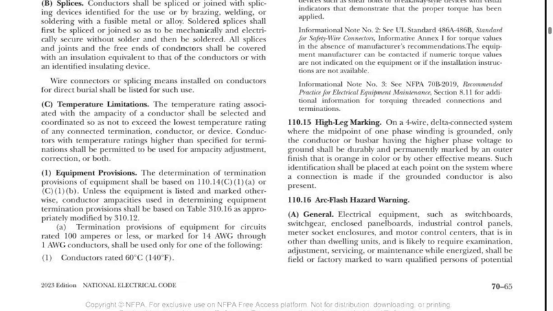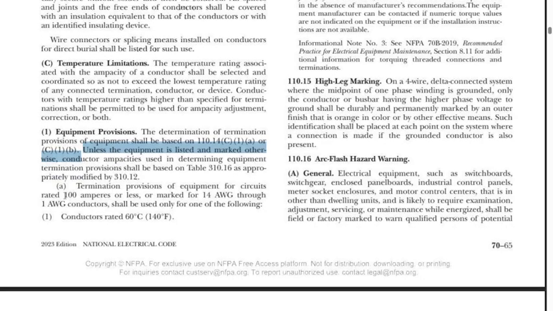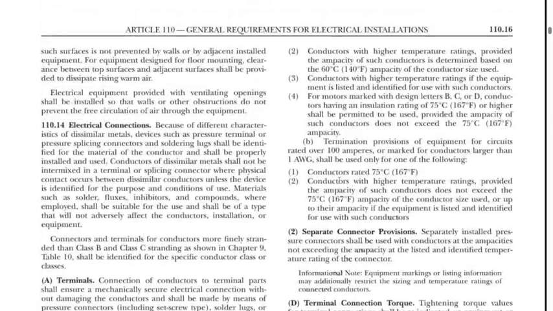Usually, they tell us this, unless otherwise specified, which happens right there, unless the equipment is listed and marked otherwise, then the ampacity used, and here we are, termination provisions for equipment for circuits rated 100 amps or less, 60 degree, and we find the 75 right after that down here with B.